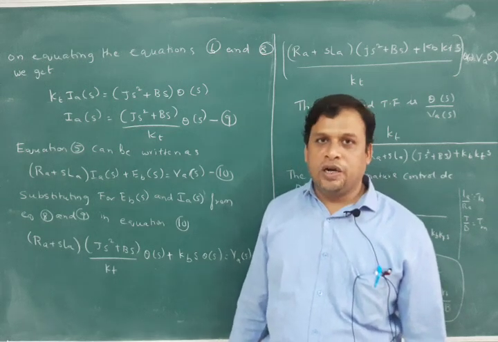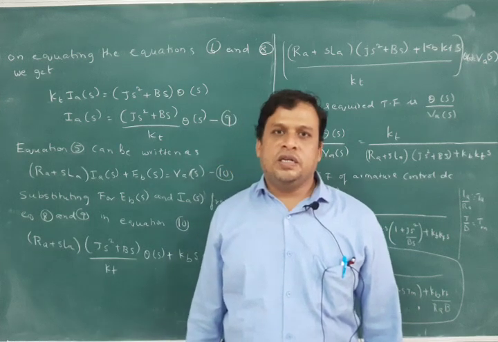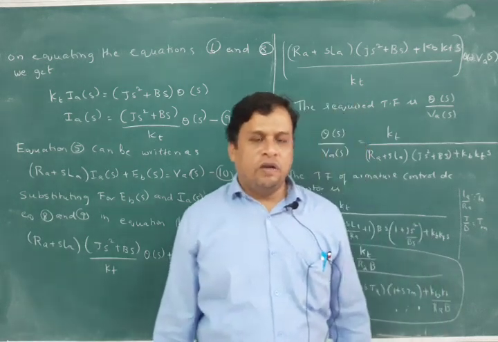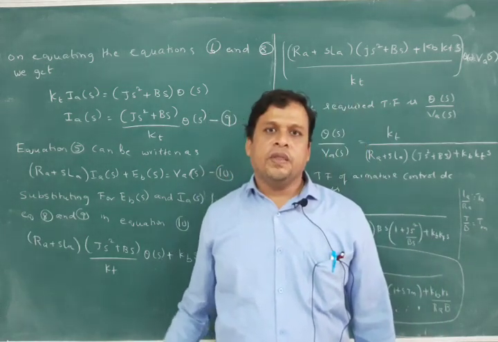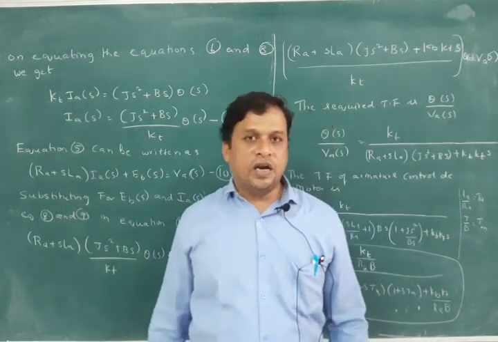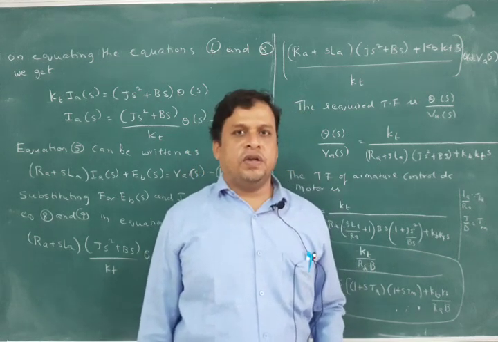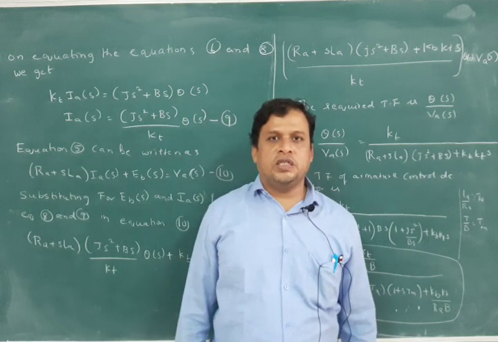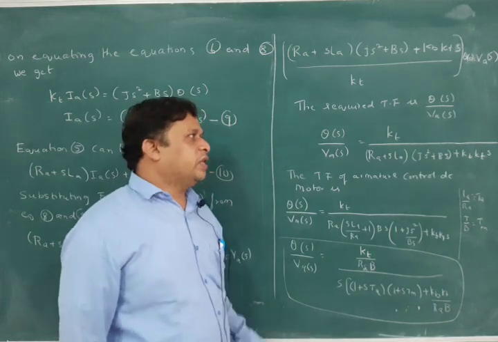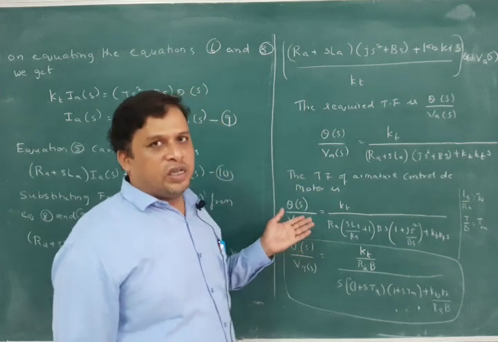As I already told you, the DC motor working on a servo mechanism principle is called a DC servo motor. We have these servo motor control techniques as armature control and field control. In armature control we control the armature voltage and the field voltage is kept constant, and in field control we control the field voltage and therefore the armature voltage is kept constant. So the speed of the DC motor is controlled by these two methods. Now we will go for field control on similar lines, the same way we can derive the field control of a DC servo motor also.